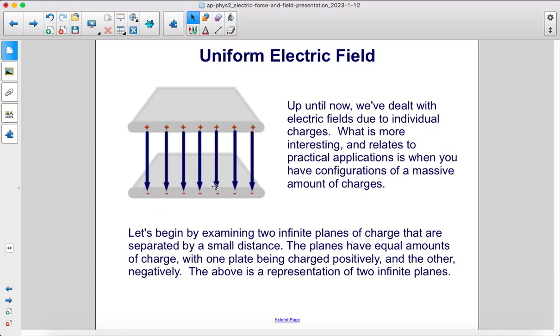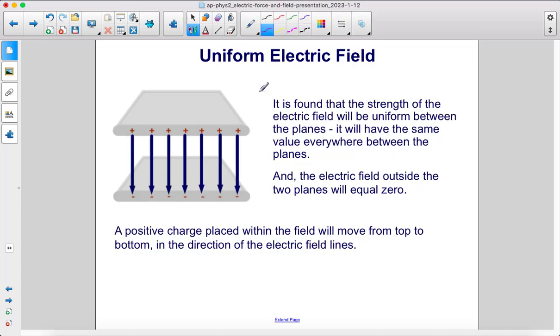The above is a representation of two infinite planes. It is found that the strength of the electric field will be uniform between the planes. It will have the same value everywhere between the planes. And the electric field outside the two planes will be zero. A positive charge placed within the field will move from top to bottom in the direction of the electric field